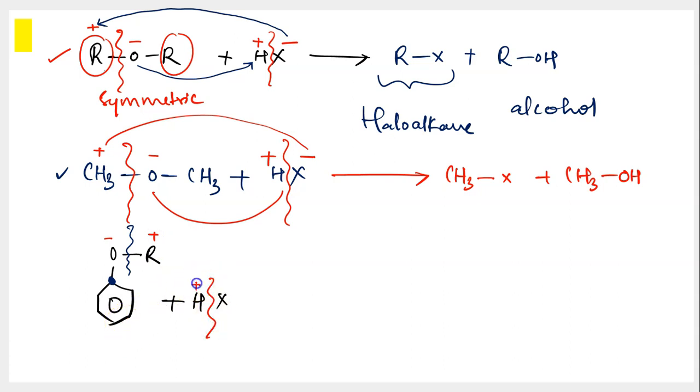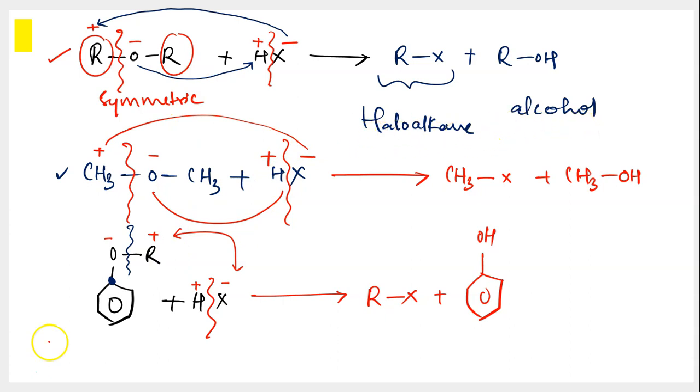And over here as well there will be bond association, which in turn leads to formation of RX, which is nothing but alkyl halide, and along with this RX you are going to have a phenol produced like this. So this is the first type of chemical reaction exhibited by ethers, and in this first type we have observed what happens when the carbon oxygen bond in ethers breaks down. When carbon oxygen bond in ethers breaks down, it leads to formation of haloalkane and alcohol.